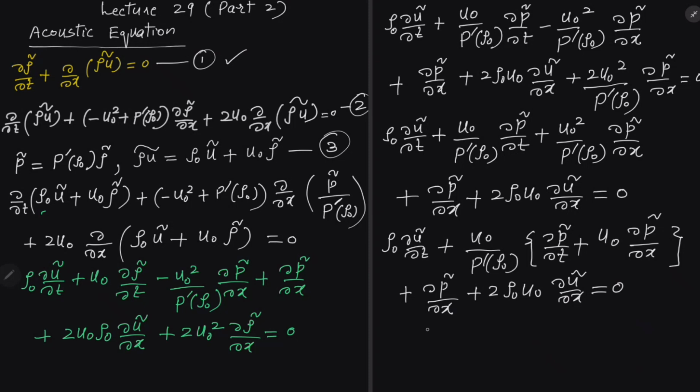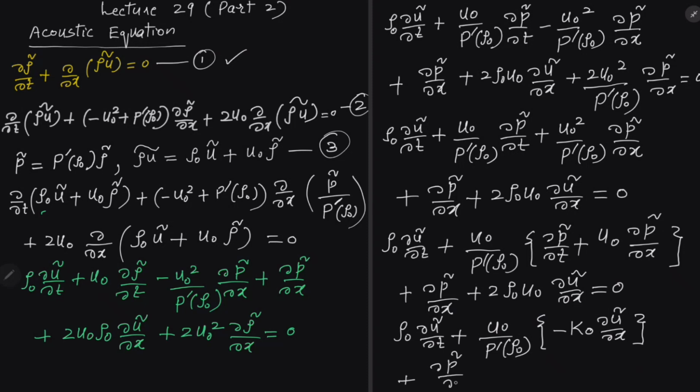There is less space left, but I have to do some calculation. Rho naught partial u tilde by partial t plus u naught over p dash rho naught, and here I get minus k naught partial u tilde by partial x, plus partial p tilde by partial x plus 2 rho naught u naught partial u tilde by partial x is equal to 0. Okay,